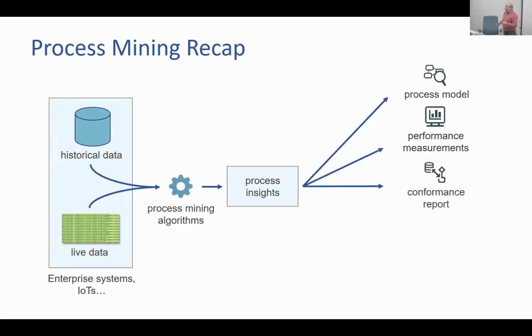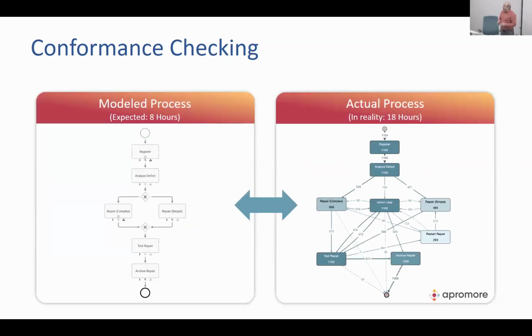So the third type of things you can do with process mining, apart from discovering the process and analyzing its performance, is analyzing whether or not the process is conforming to certain compliance rules. For example, if you have a very specific way of doing the process, you can compare it against your actual process and get some insights into